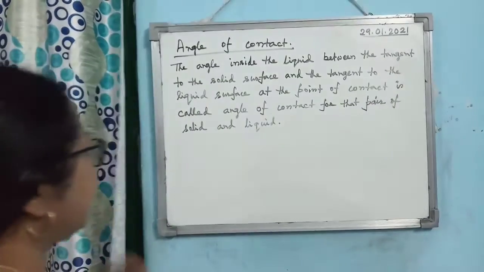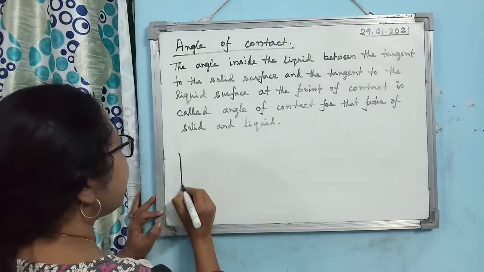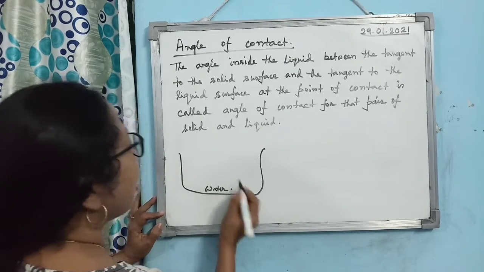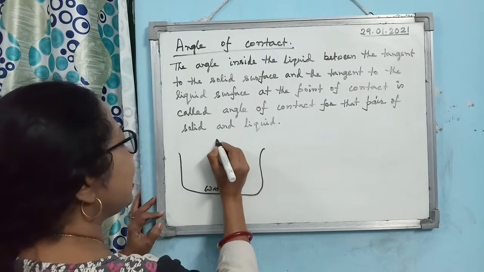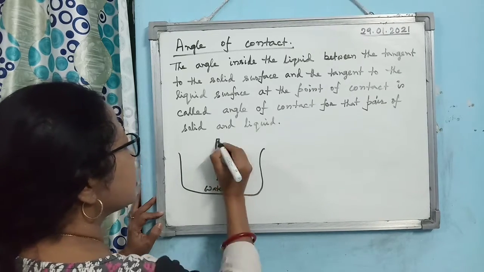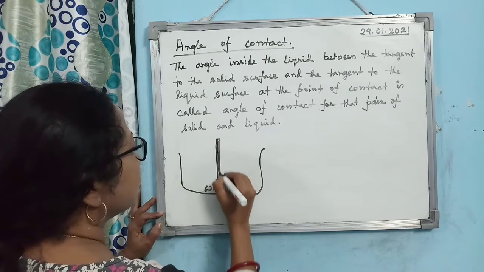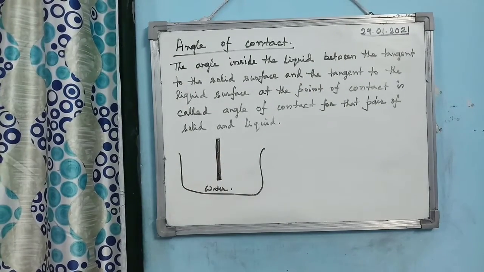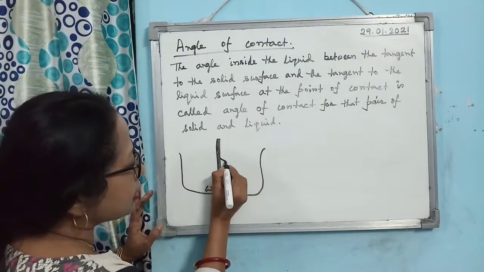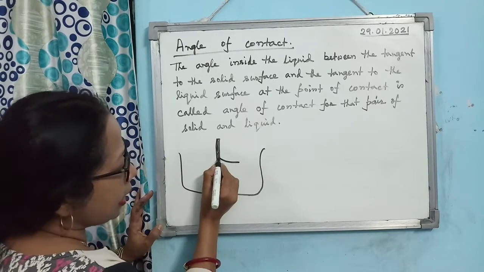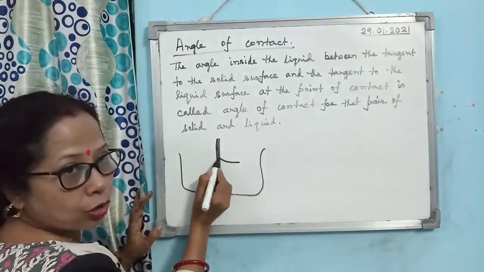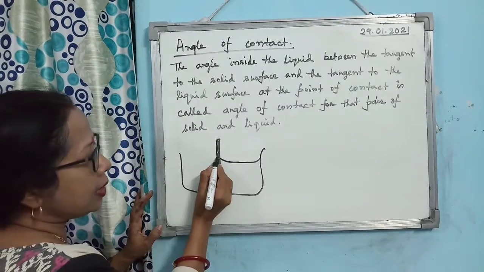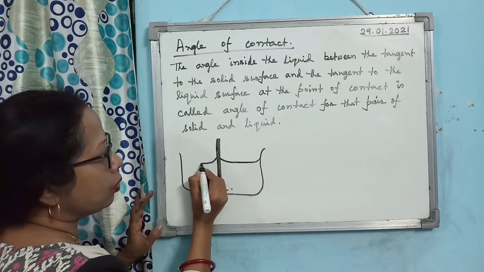Okay, so understand it. Suppose you have taken a certain amount of water, and what you have done is just dipped a glass tube into it. This is a glass tube. You have dipped it into water. So you know what the meniscus will be. The meniscus is like this. At the point of contact, it is concave downward. Then it will be plane, again concave downward. And here if you consider, again concave downward, plane.